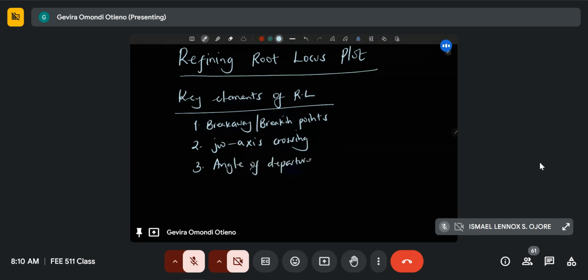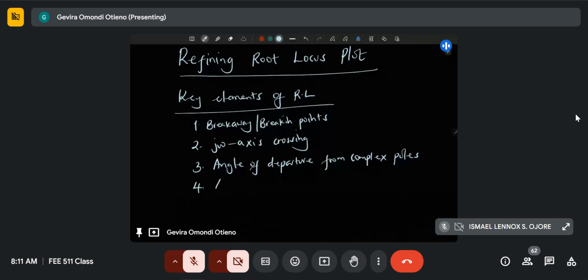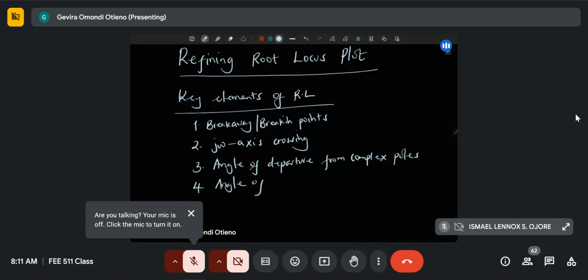We usually say angle of departure because we are departing from poles, so it is the angle at which the root locus departs the complex poles as they head towards the zeros. And so we can also have the angle of arrival,